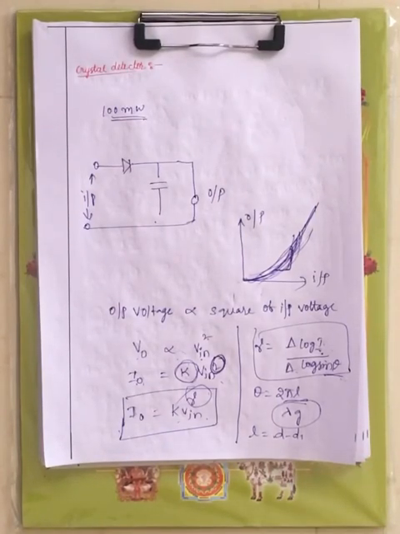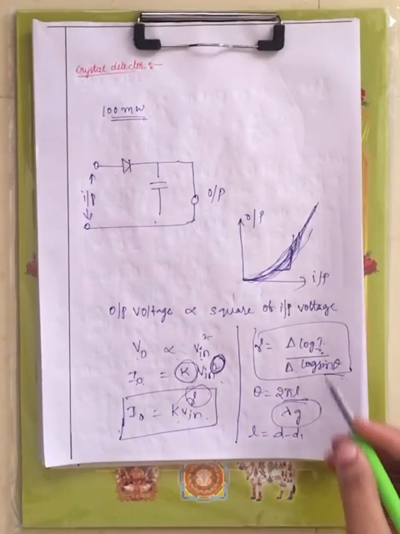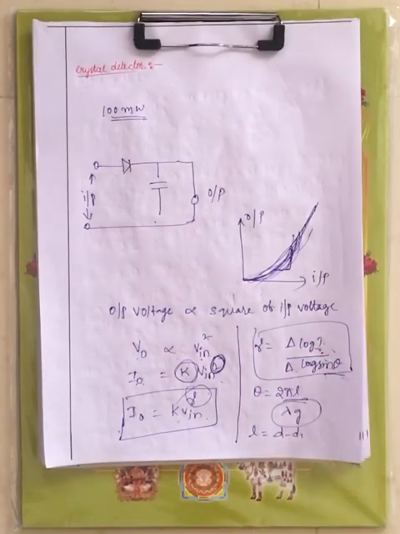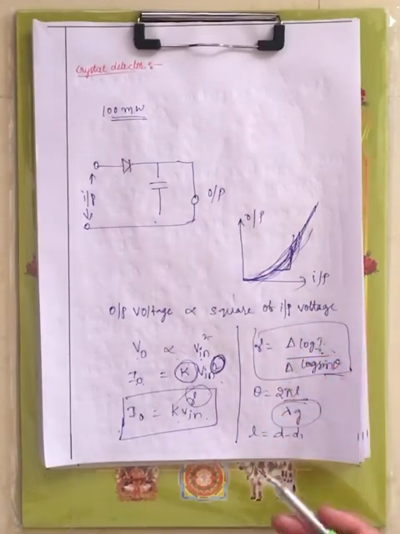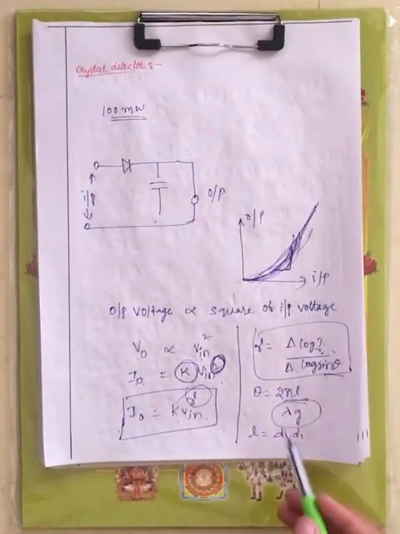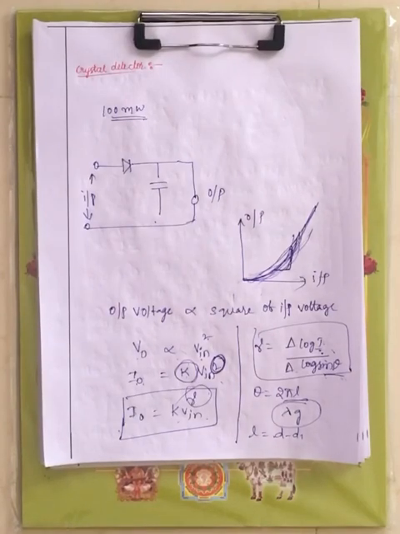This is the experiment for the crystal detector. You have to find out log I and log sine theta. On one axis you have to plot log I and on the other axis you have to plot log sine theta, and take the difference of those values. You have to plot a graph which gives the non-linear characteristics. From that you have to find out the gamma value. This is about the crystal detector characteristics.